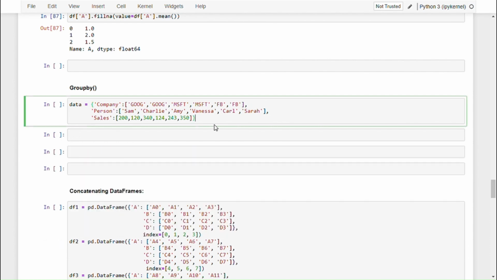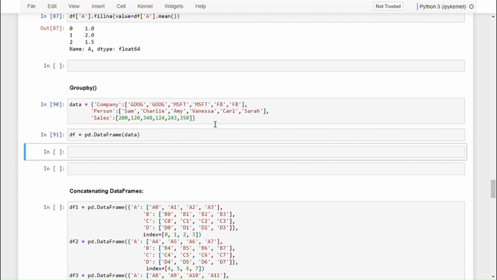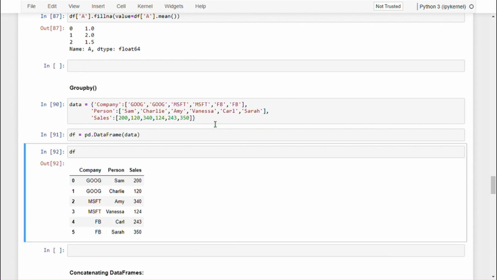So I have this dictionary here. Let's run this, and I will use this to create a data frame. Let's check this data frame. So it has three columns. In column 1 we have company name, in column 2 we have person, and in column 3 we